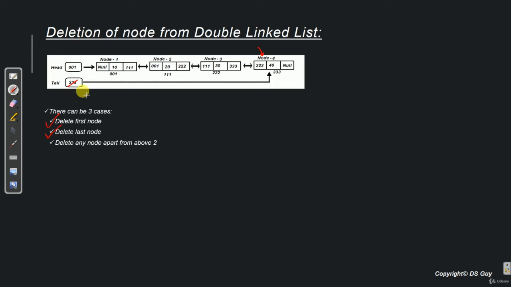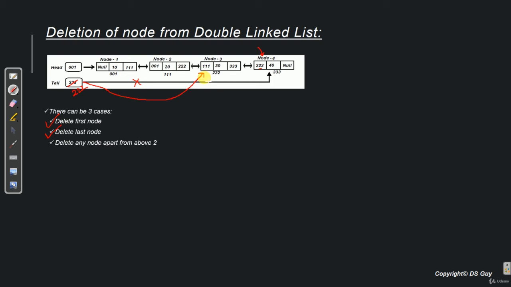So we need to make sure that it points to the second last node, which is 222. And how do we achieve that? We simply go to tail.previous, which will give us the address of the previous node. So once we update the previous node here, this link automatically gets destroyed and a fresh link gets activated and it starts pointing to node 3.